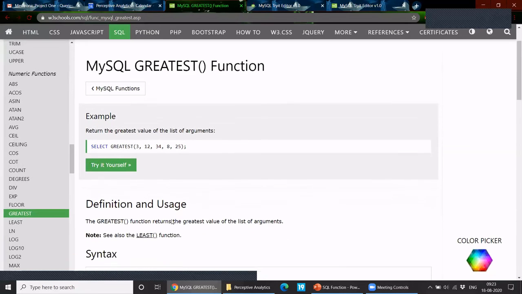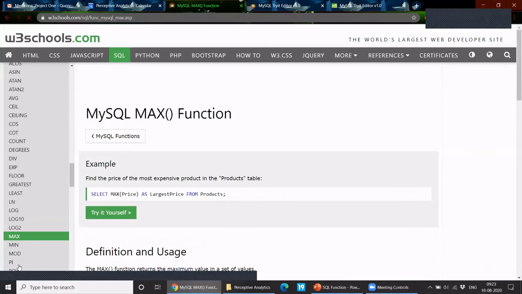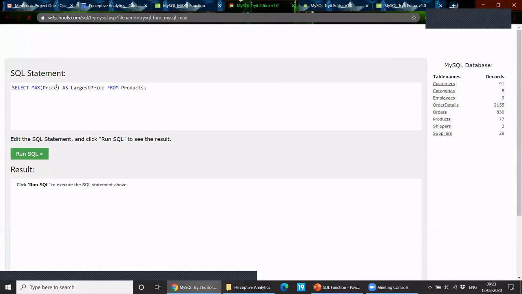If you are working with a table, you can use max. It will read the table and give the value. What if we give numbers in max? Will it work, or will it throw an error? You have to give an expression. You can't give arguments. If you give 25, 33, 45, it will give you an error.